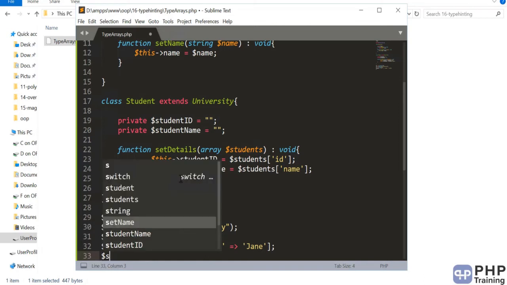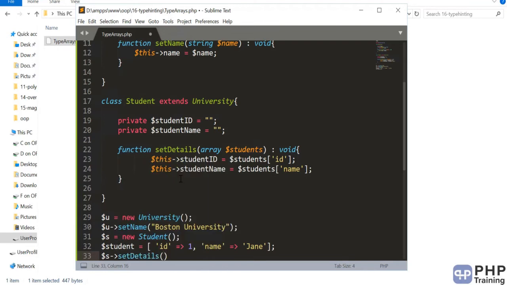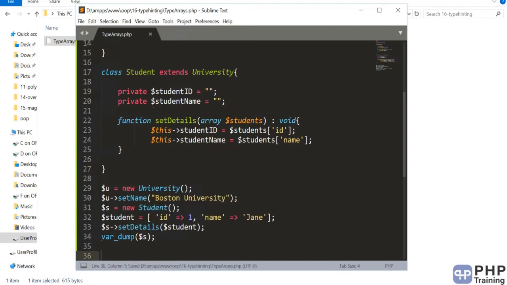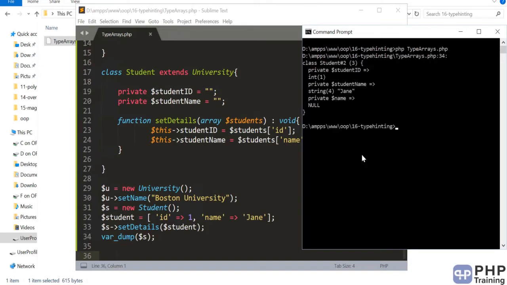Okay, so let's call this set details, and then you can pass the students. And students is an array, right? So now you can do a var dump of $s. Okay, so let's print this and see what is the value. Okay, so now you can see the var dump, right? The var dump is dumping the student name and the student ID, right?